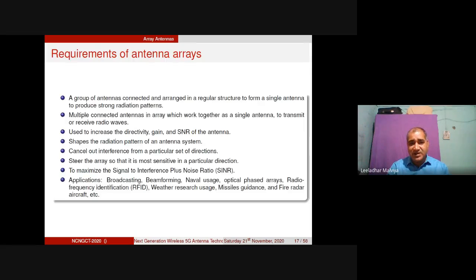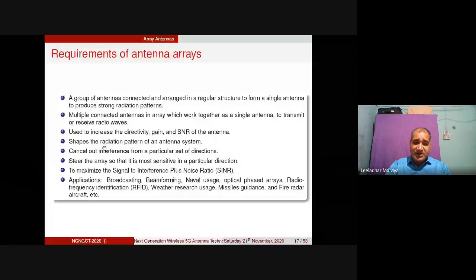And if you look at the arrays, we find that arrays are nothing but a collection of similar or dissimilar radiators or patches, right, to show strong directivity, high gain, and a high signal to noise ratio. So radiation patterns can be directional. In that case, narrow beams can be created to cover particular directions. And it's possible if we reduce the interference in the backward or unwanted direction and concentrate the energy or the radiation in one direction only, right?